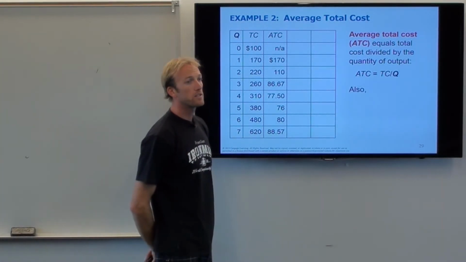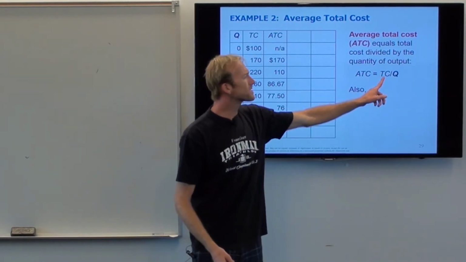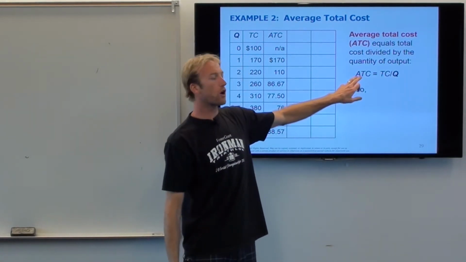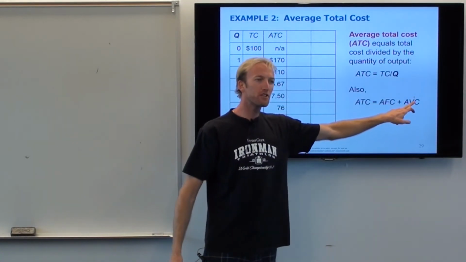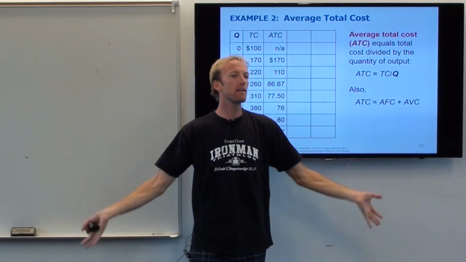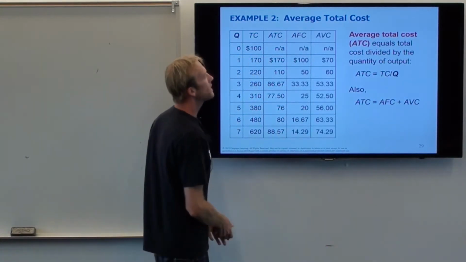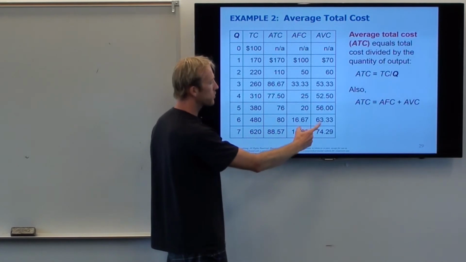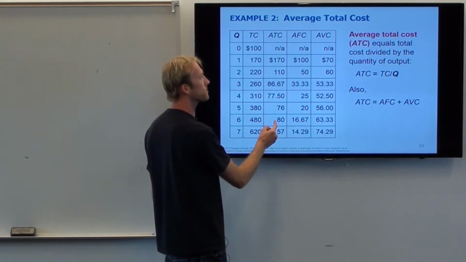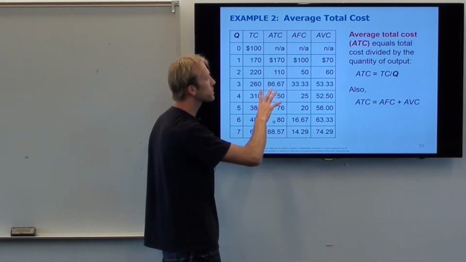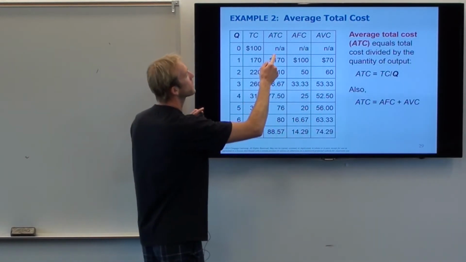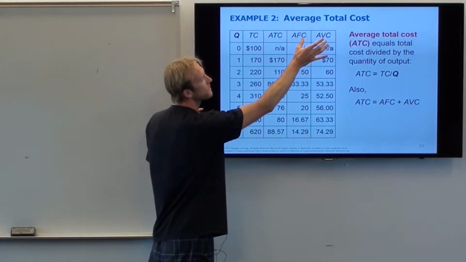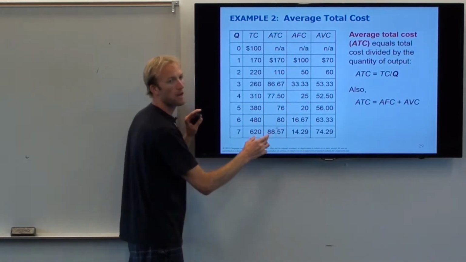The other thing that you can do is you can realize that total cost itself is just fixed and variable costs put together, right? So then average total cost is just average fixed cost plus average variable cost put together, right? You could calculate it either way. And to prove it to you, I've brought back our fixed costs and our variable costs from the previous slides, and you'll notice if you add these two guys together, it always comes up to the average total cost, right? So there's two ways to calculate average total cost. You can just take the total cost and divide it by the quantity, or you can just take the average fixed cost and the average variable cost and add them up, and you'll get the average total cost.